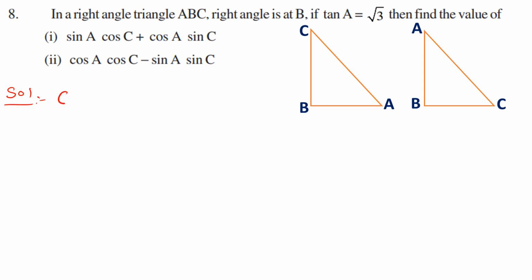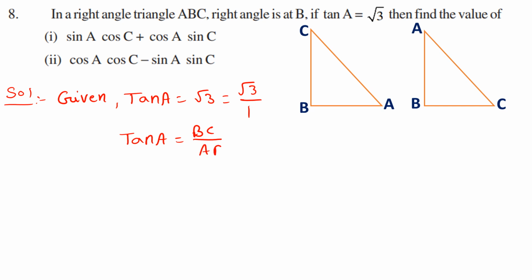So given tan A equals root 3. So that equals root 3 by 1 only, right? So tan A equals BC by AB, because that is opposite by adjacent. That's why it is root 3 by 1. So write this in the diagram: BC is root 3 and AB is 1. So now we need to find the hypotenuse here, AC. So by using the Pythagoras theorem,